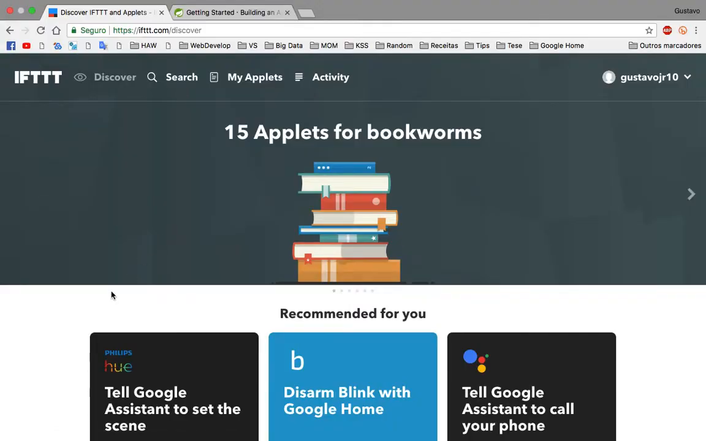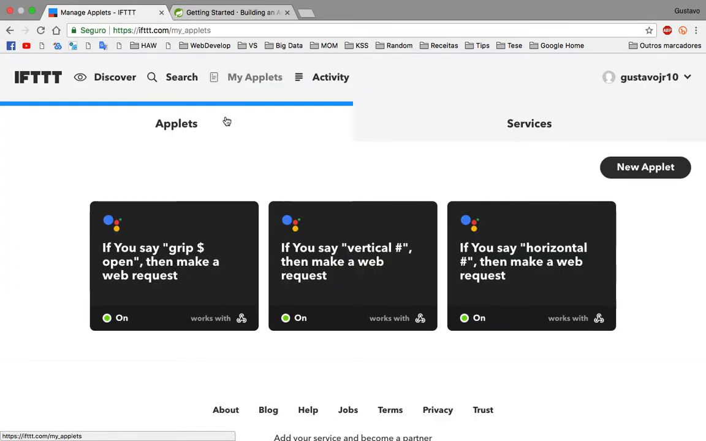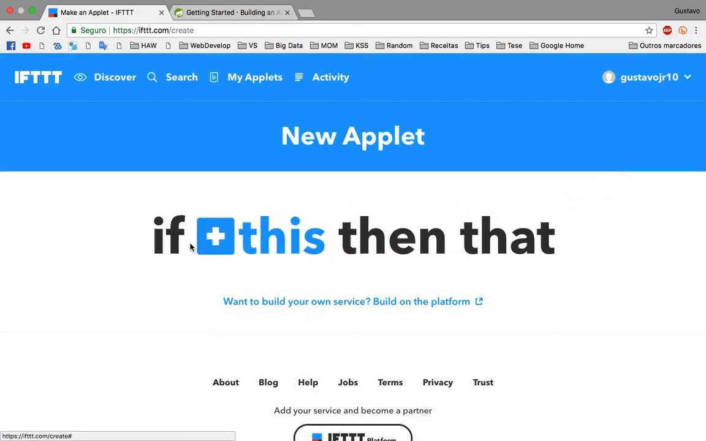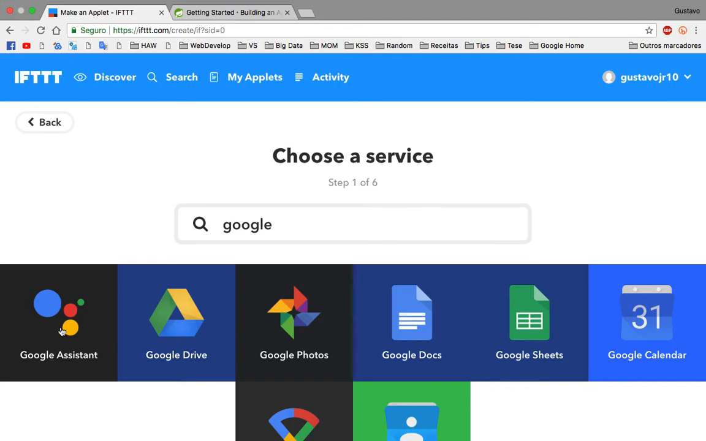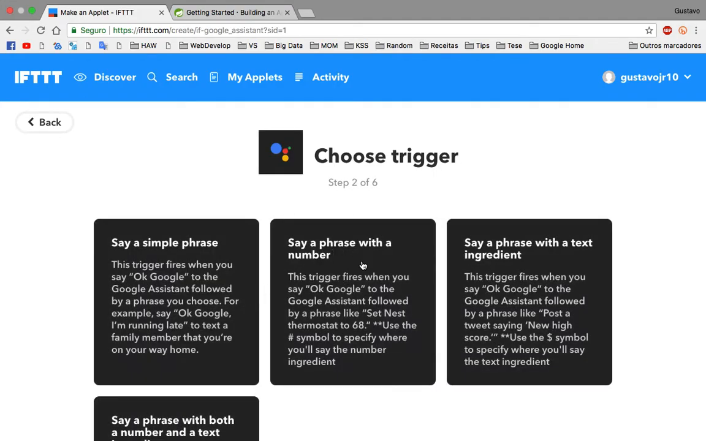So for this, we go to the IFTTT website so we can create our first applet. We go to My Applets and create our new applet. IFTTT means that we can create the following action: if this trigger happens, that we will configure now in the Google Assistant, we want to choose a trigger, and when we say a phrase with a number, which is our case, like vertical 50 or horizontal 85,